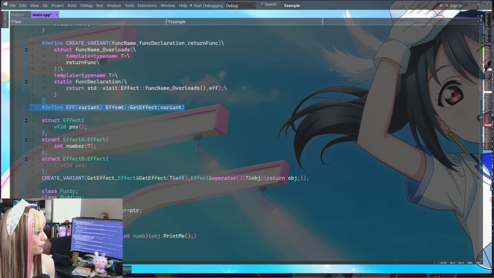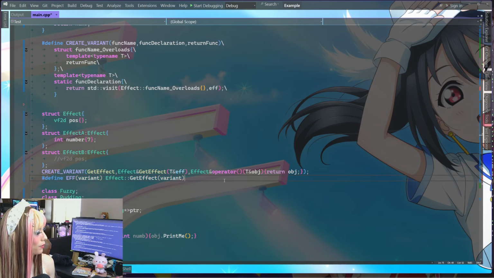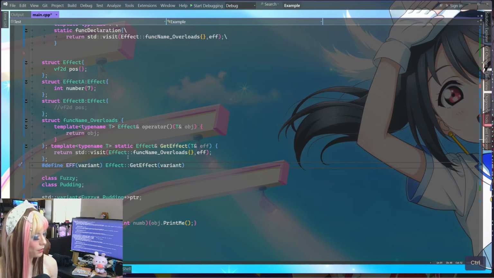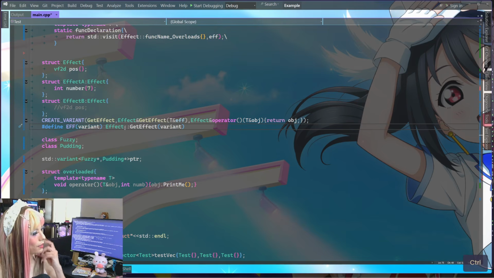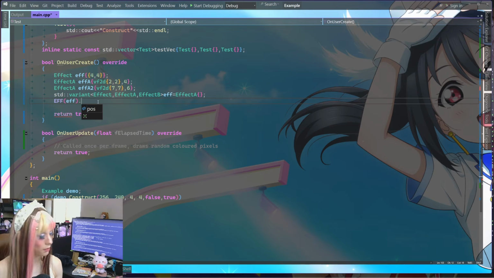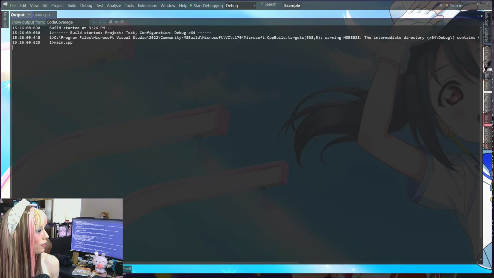This has to be defined after this one? Like ordering matters, I think? No, it doesn't. Oh, we're not in a class called effect, that's why. This would just be get effect in this scenario. So then it would be like dot pause equals whatever. And in theory, that would generate that. Like that should be all we need in theory.